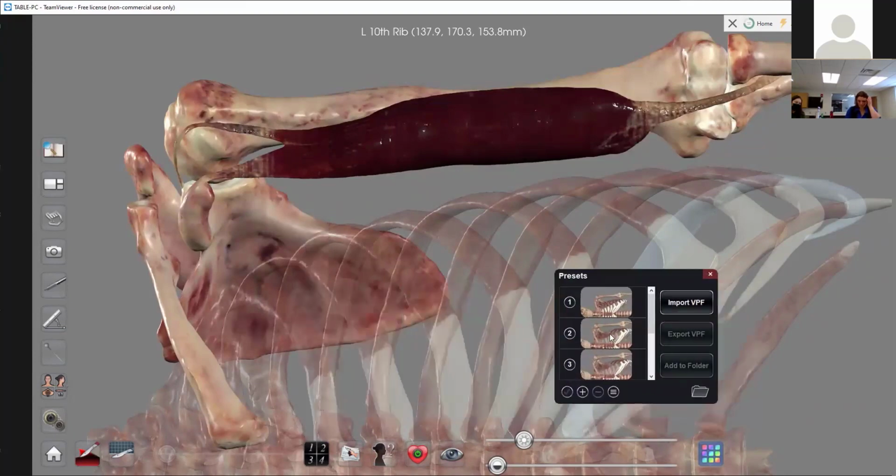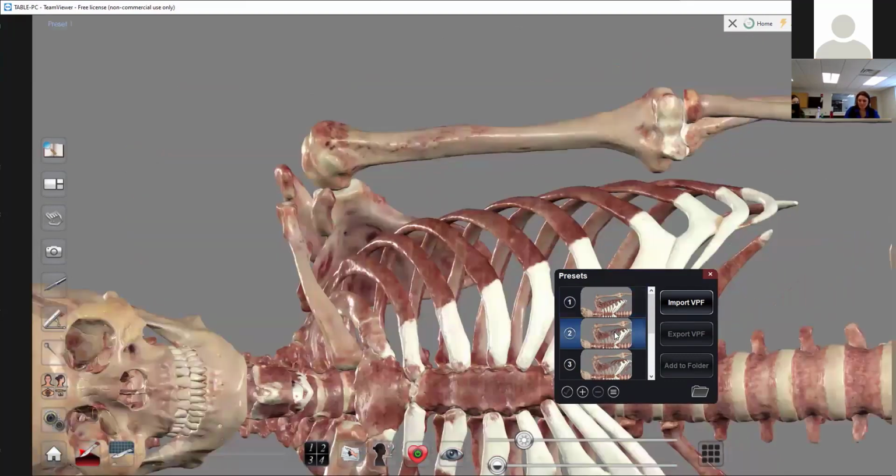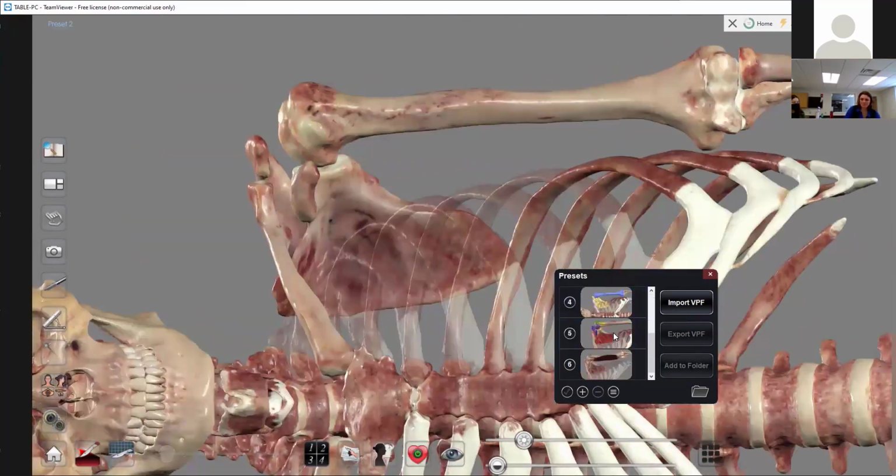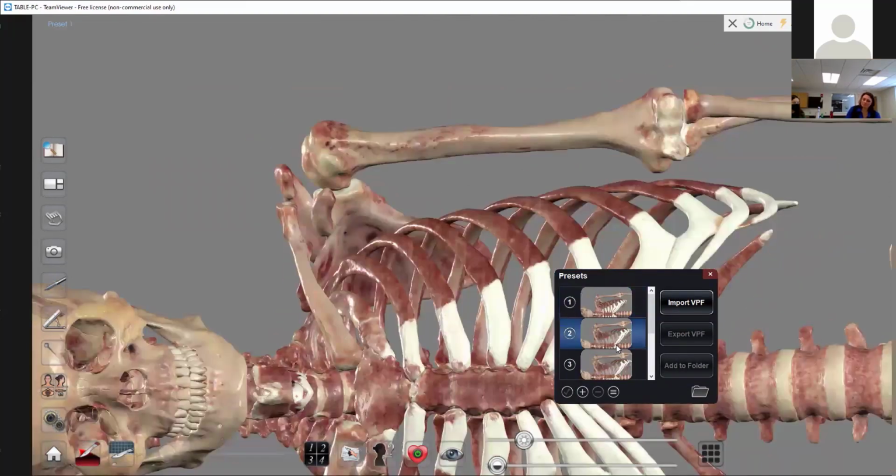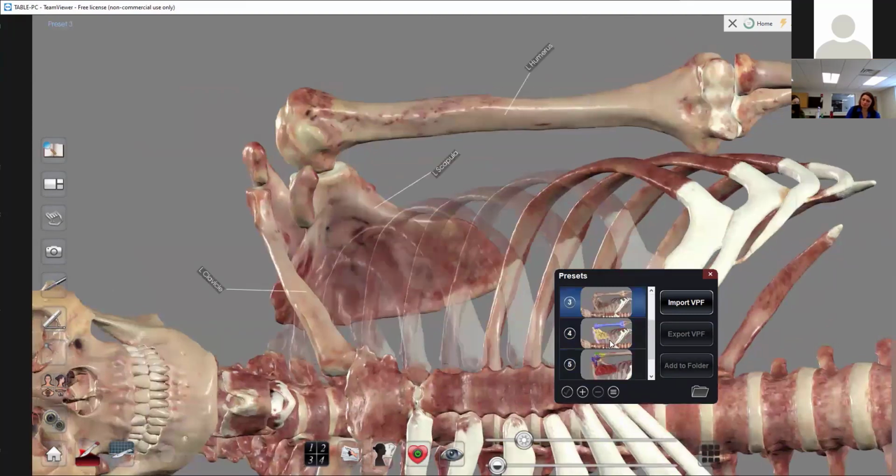So, like I mentioned before, I consider these presets to be almost like a slide deck because you can switch through them, but they're still interactive. So, if I've spent my time here and I've made these presets about the shoulder,